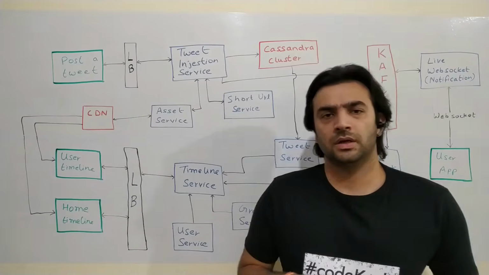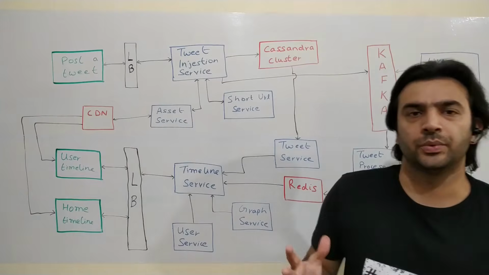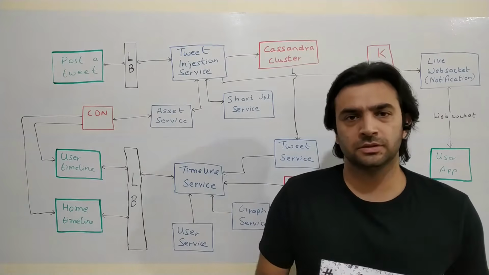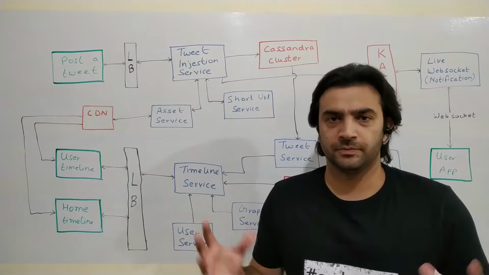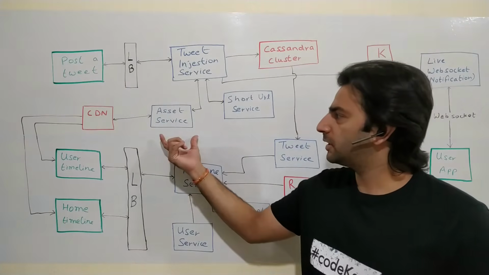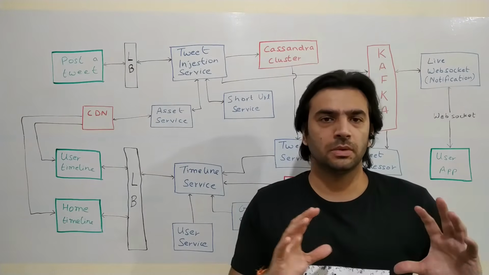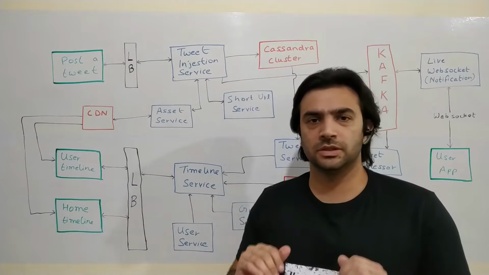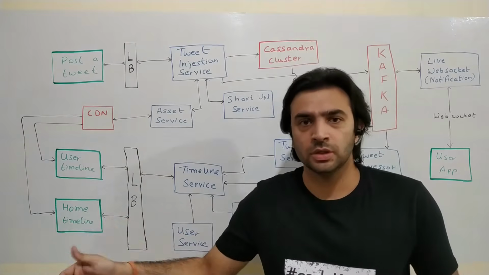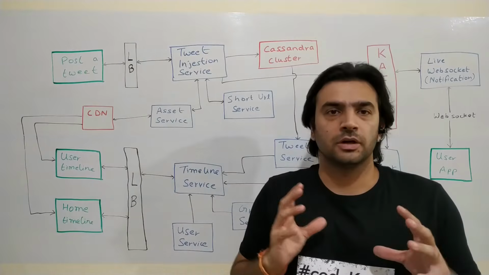Okay. Now let's look at what happens when somebody posts a tweet, which means adding a new tweet. First of all, tweets could contain text, images, and possibly videos also. So if it's image or video content, we'll have something called an asset service. It is responsible for all the multimedia content, which could be videos, images, anything of that sort. It takes care of uploading it to wherever it needs to, and even when somebody needs to see it, this is responsible for displaying the content.